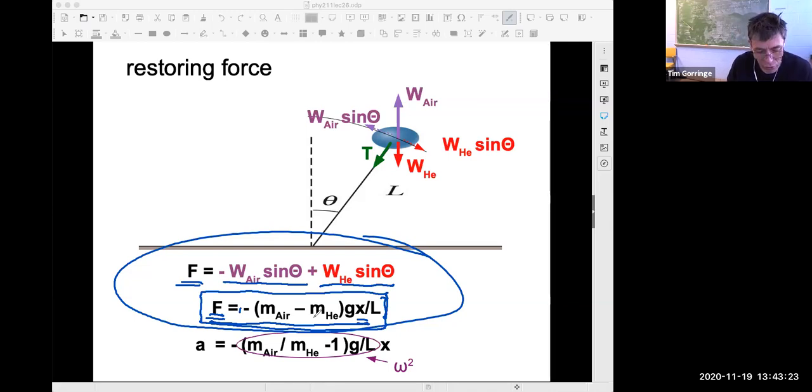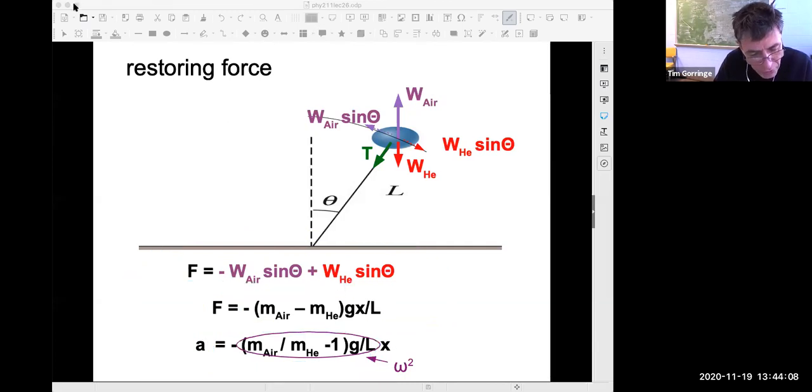Now we've found the linear restoring force, I can find the characteristic frequency. Remember, all you have to do to find the characteristic frequency is write down the corresponding equation for the acceleration. It's this one here. You just divide through by the mass of the object, the mass of the helium. And the coefficient between the acceleration on the left and the displacement on the right, that coefficient we've learned to recognize is the square of the characteristic frequency of, in this case, the upside down pendulum, the thing that's going to undergo periodic motion because of the linear restoring force.